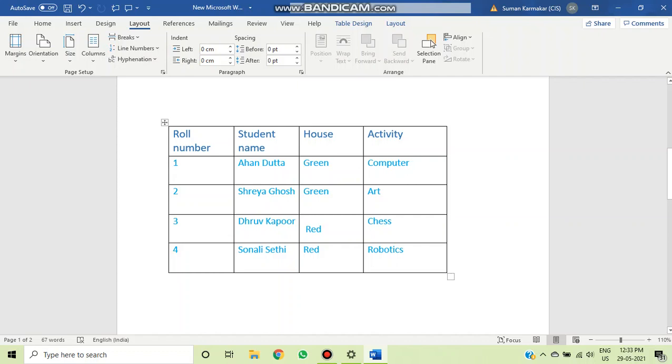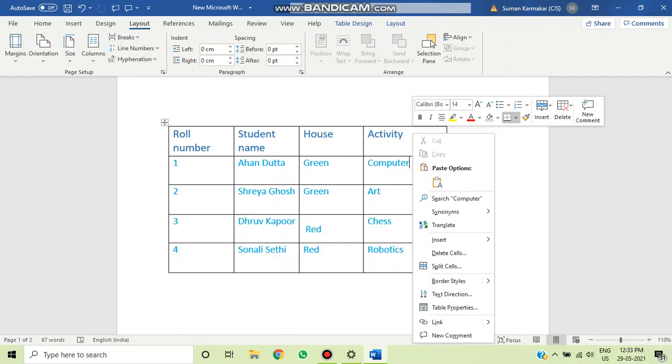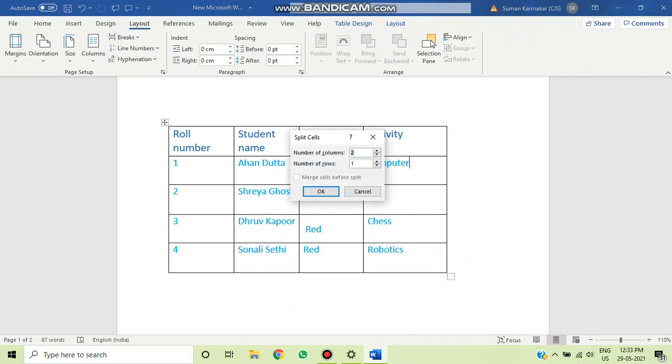If you want to split any cell, first you have to move the cursor onto that particular cell, and in the 2013 version, you have to go to the layout option. In the layout option, you will get the split option, but as I am using 2016, I will right click on the cell and here I'll get an option called split cells. So now I'm going to click on the split cells option.